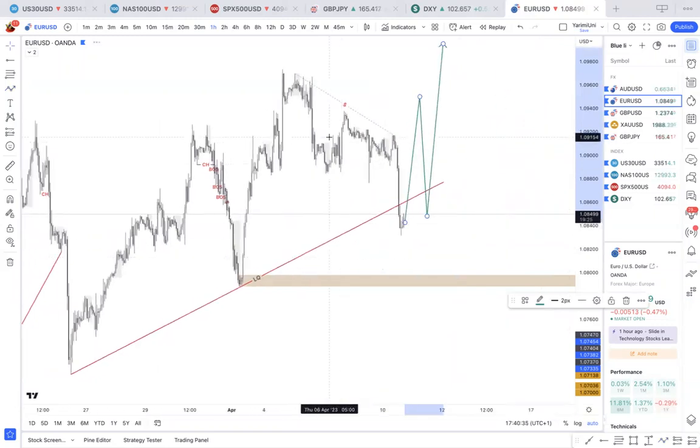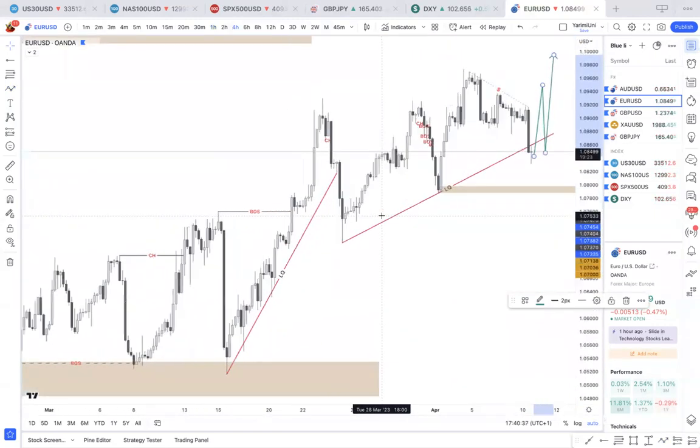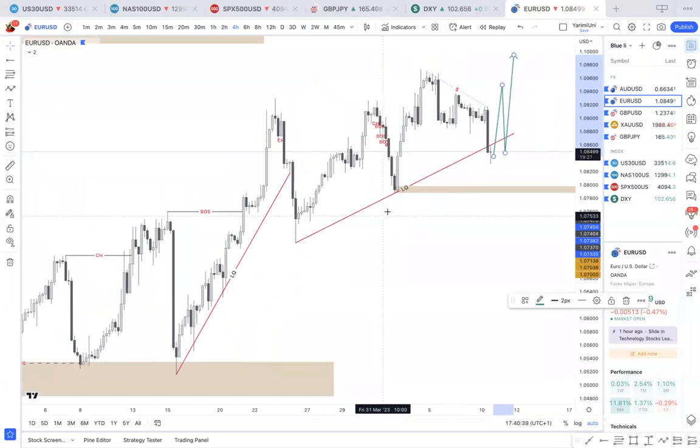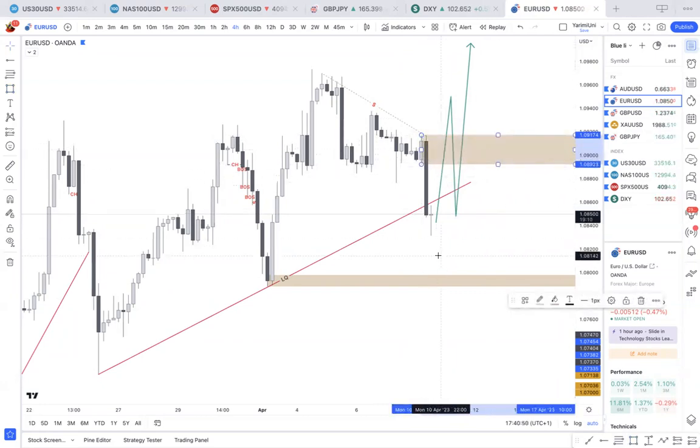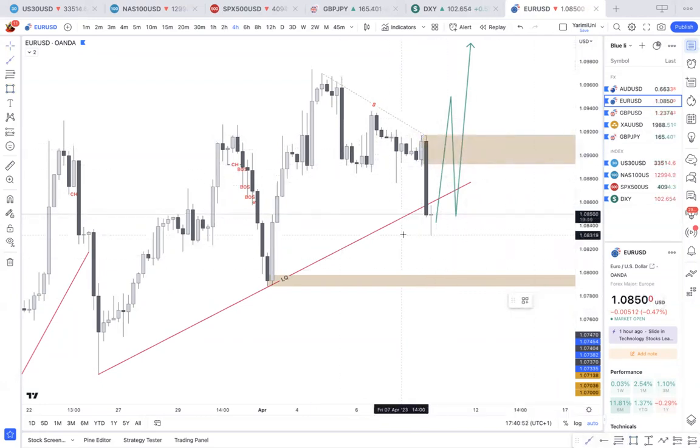If so, for the euro, I'm expecting price to obviously reverse into this area here. It may react off of this supply. This is the supply that caused a change of character, I mean, a break of structure to the downside. Let me mark that in for you guys as well. So from this point here, you could say this was a change of character. However, it was a wick, so I wouldn't have taken it as that. That would have been a stop loss hunt.